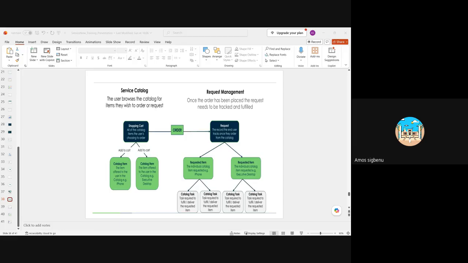So now, when we come to catalog, it's one of the main functions of an administrator, because you're trying to create a request form using catalog. Now, the first thing you need to know is that, as you can see on my slide,